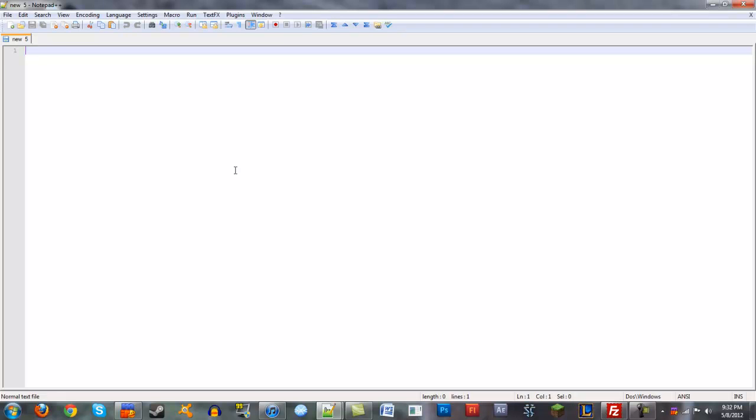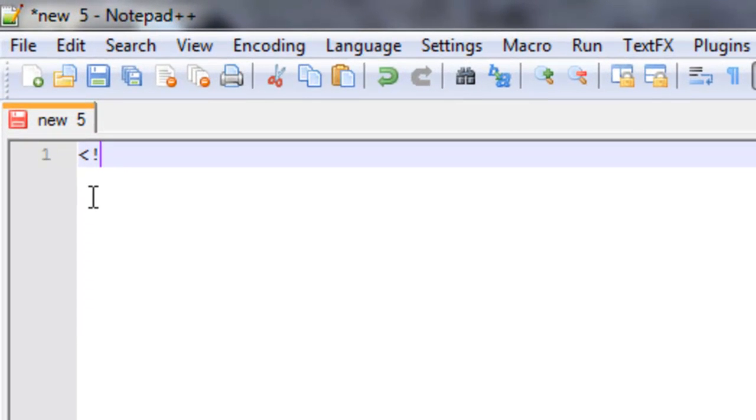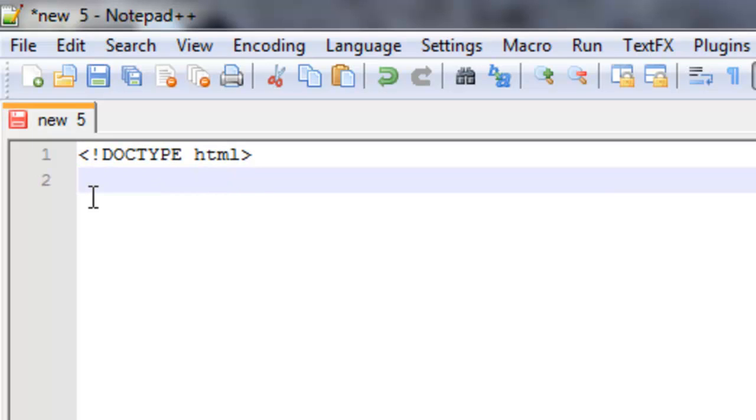So to start that, basically how it works is your browser will see the file, and to decide that it's an HTML5 file, we need to write this first bracket, then an exclamation point, doctype html, just like that, and that's it. It's real simple. That's the only thing you have to do, and now your browser knows that it's dealing with